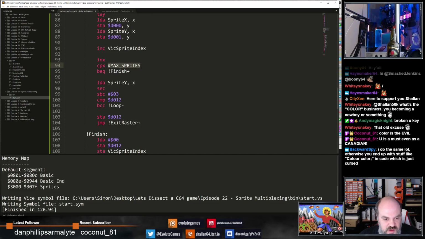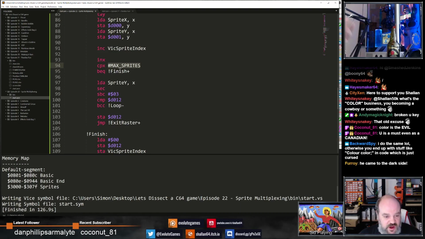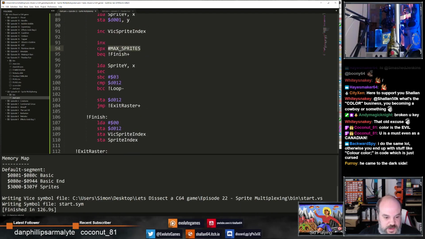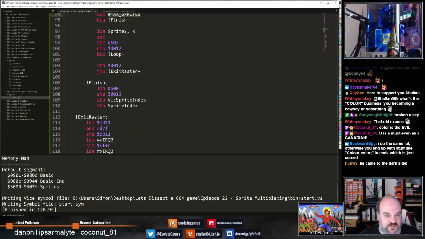Otherwise, we take the sprite Y for the next sprite. We take 3 off it and compare it with the current raster line that we're on. If it's less than the current raster line that we're on, then we don't set the next raster up. We just jump straight back here and start drawing the next sprite. However, if it is more,